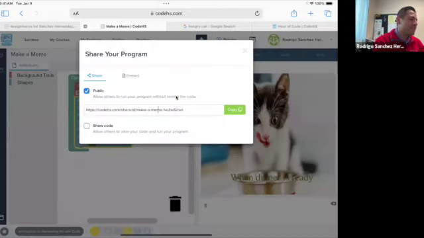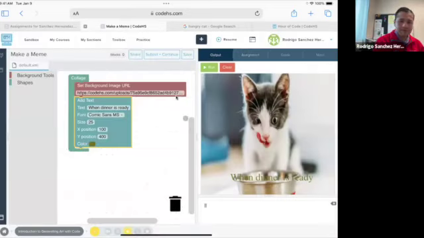What that does is it creates a URL that you can copy and share with friends, family, your other learners, so that they can see some of what they've created. And that is the meme generator. I know I went through that a little bit fast, but I'm really interested to hear from all of you how you think that you can incorporate this